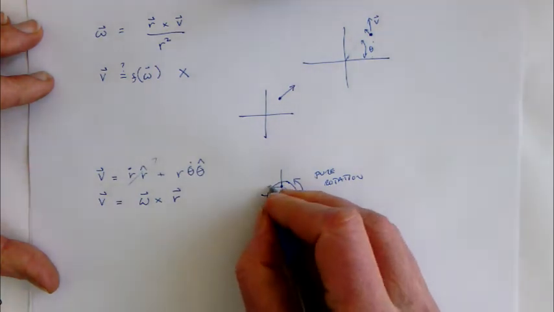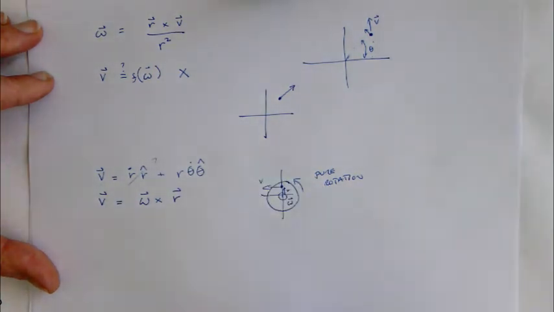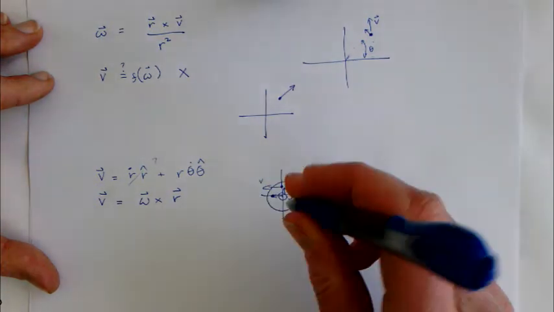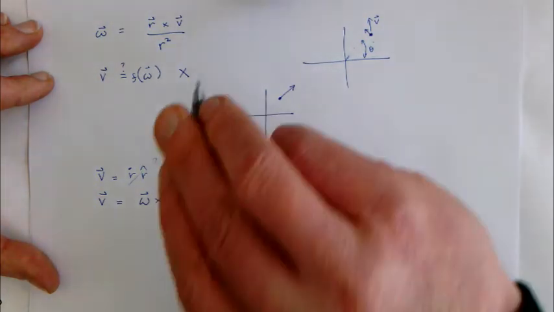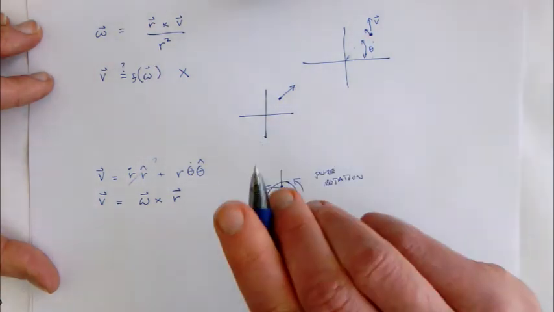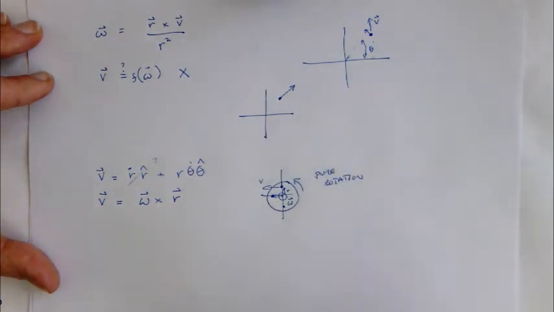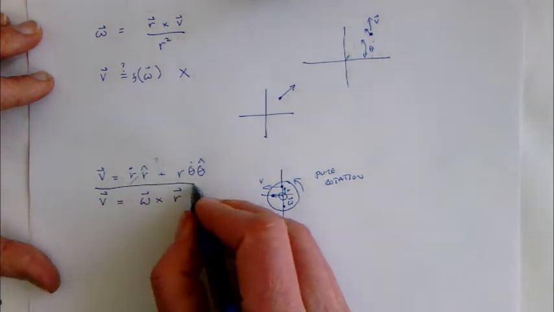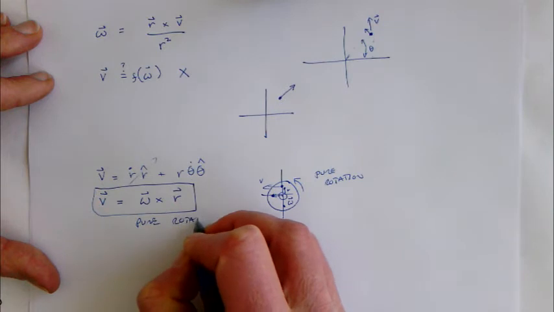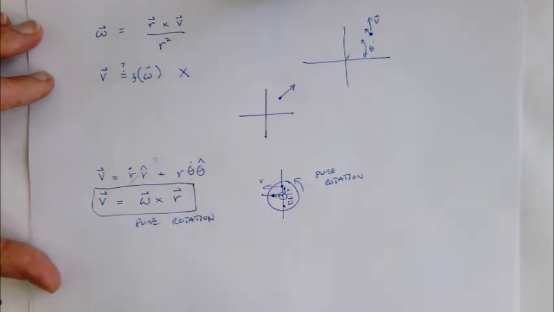So my velocity would be like that at that point. That makes sense. Similarly, if my object were here, r were in that direction, omega crossed into r would give me a velocity down. If r were here, omega crossed into r would give me a velocity to the right, and so on. So for pure rotation,